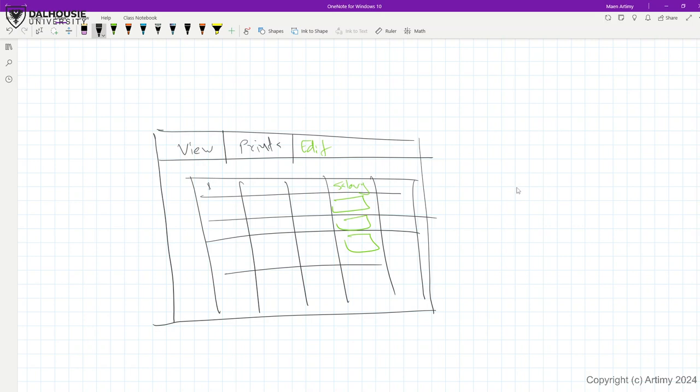So name and departments, and the department will be, let's say, accounting, IT, and different departments. And the manager who is able to log in,